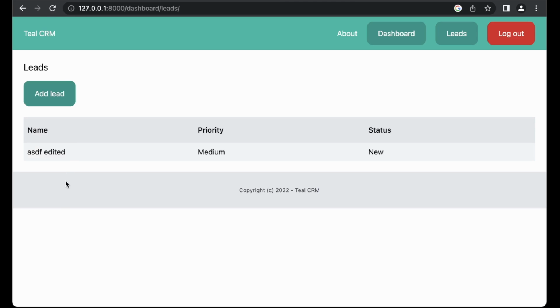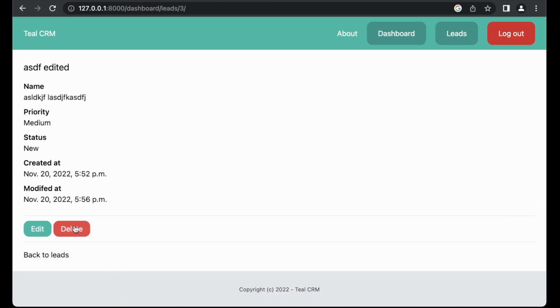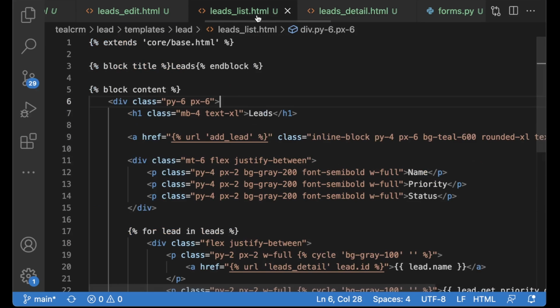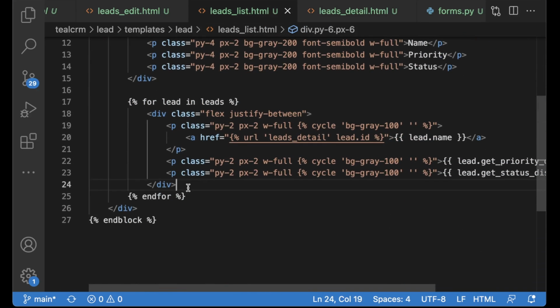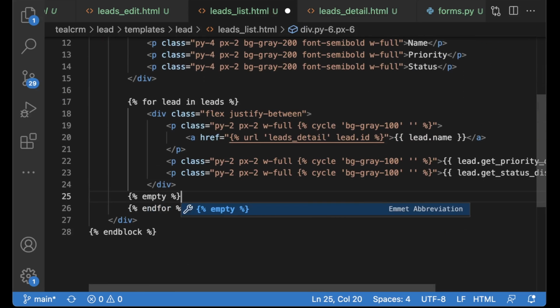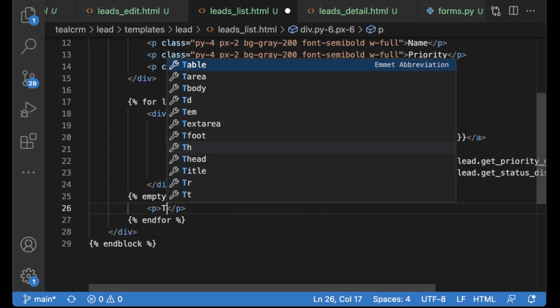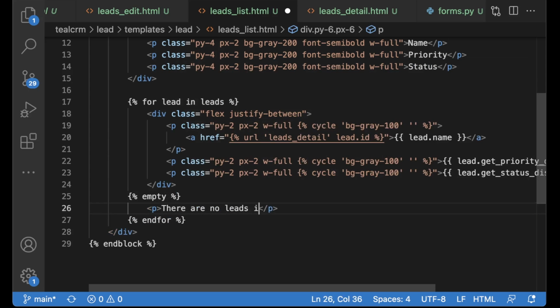Nice. The last thing I want to do then is to just delete this one and show a message down here if there are no leads in the database. So to do that, we can use a cool function here called empty. So instead of checking if there are leads, then we can just say there are no leads in the database yet.